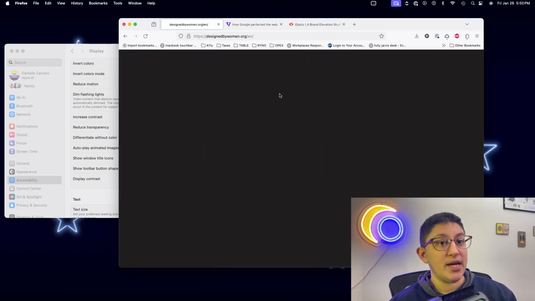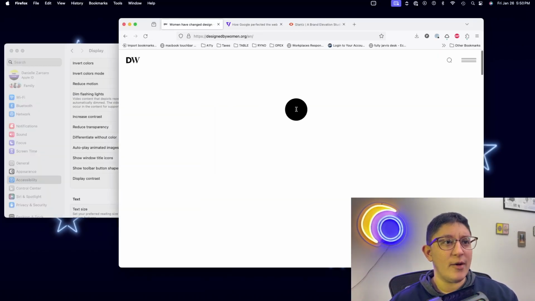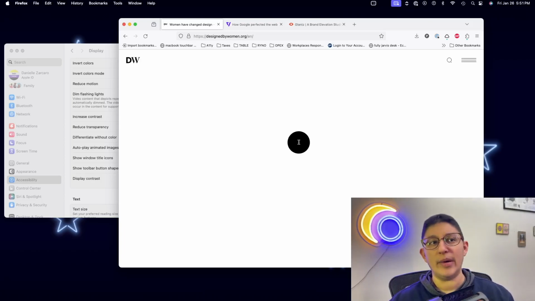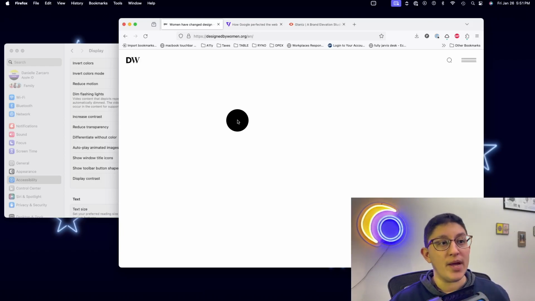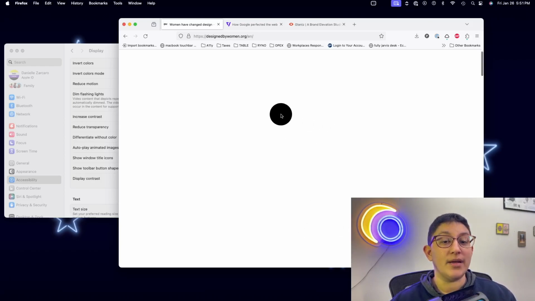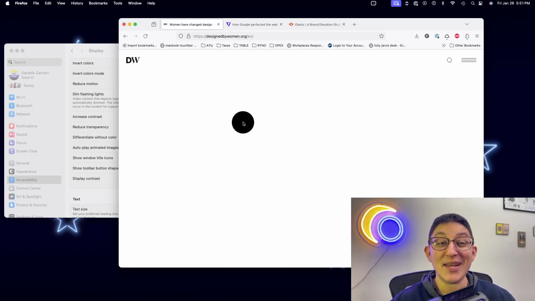If I refresh this page, I have my reduced motion on when I refresh the page. And so you can see that it's just a white screen with my mouse having a black circle behind it. So it's just disabling this whole top area. There was no splash screen, which is good, but am I scrolling? Do I do something? Like, I don't understand what is happening here. It is taking my preferences into account, but it's not doing so gracefully.